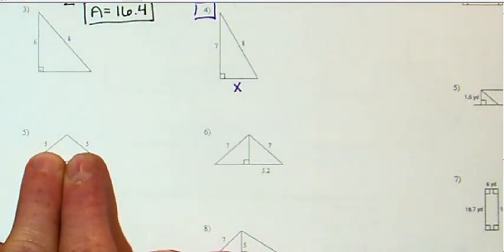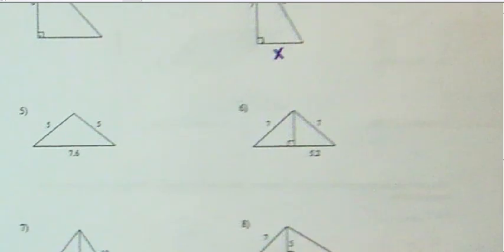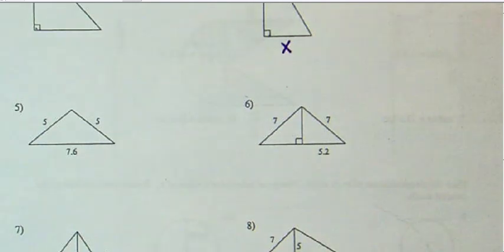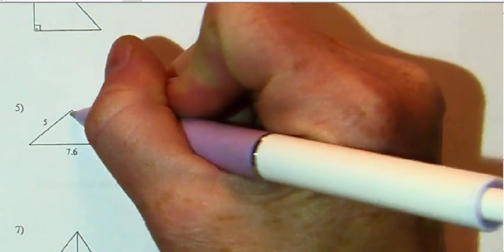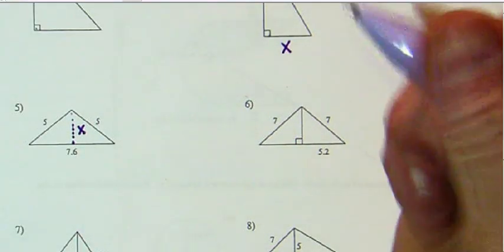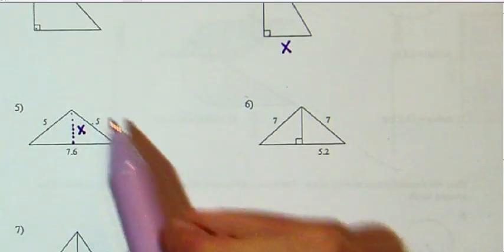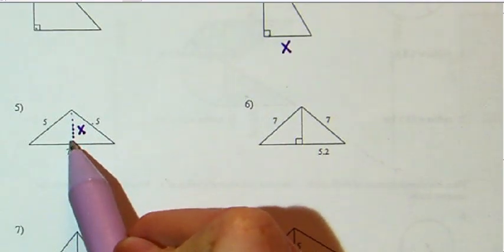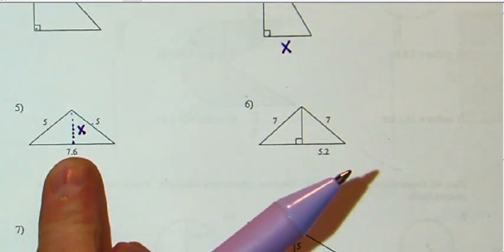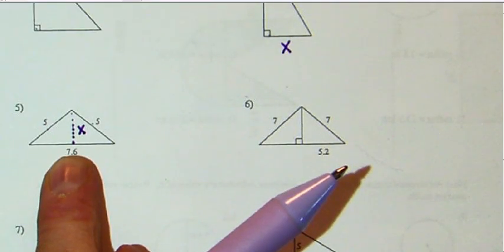This is an isosceles triangle because two side lengths are exactly the same, which means the height of this triangle is cutting down the middle, and this height is what we need to find. Now we know that if we have an isosceles triangle where both sides are the same, this height cutting down the middle will split our base into 2, so we can then have a right triangle